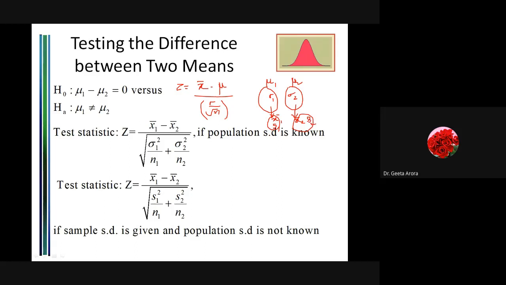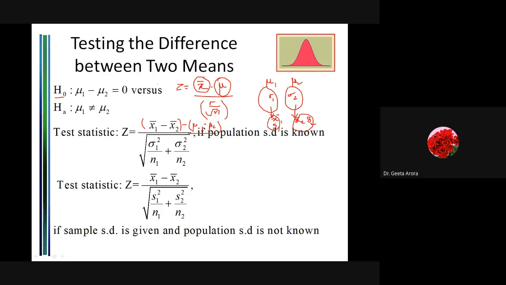So what we are going to do here is take the difference of the sample mean and the population mean, correct? Since we have two samples, their means are different, so we are looking for x1 bar minus x2 bar and the difference from mu1 minus mu2. But we have assumed it to be 0 in the H naught, so that's why we are not considering this mu1 minus mu2, correct? So this is what we are taking.